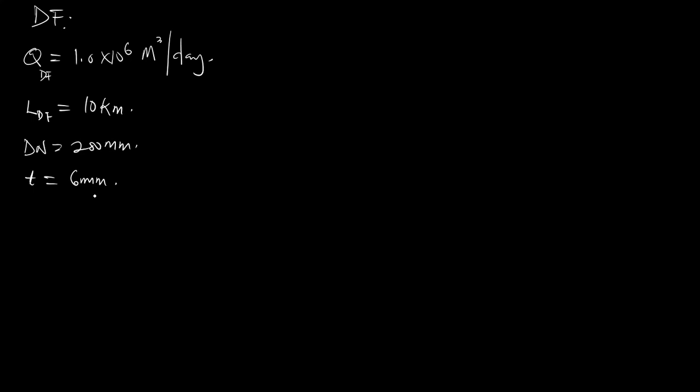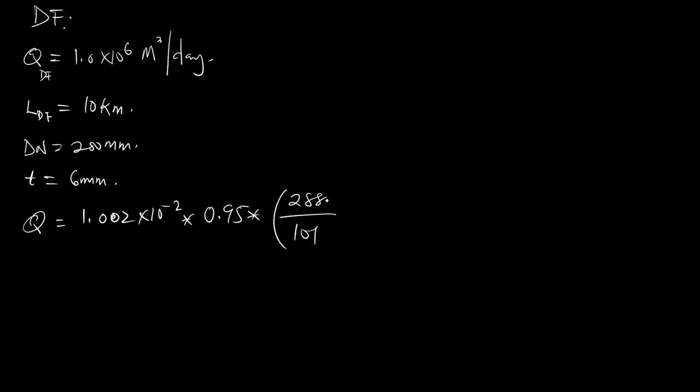Now, throughout the system, we're using the same gas gravity and the same gas compressibility factor. So now the flow rate, which is equal to 1.002 times 10 raised to power minus 2 times E, which is the same thing as 0.95 times 288 divided by 101 raised to power